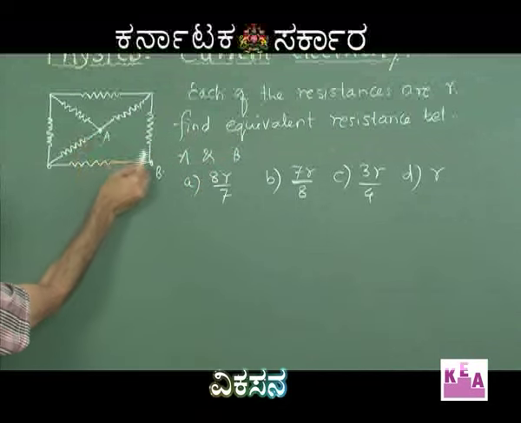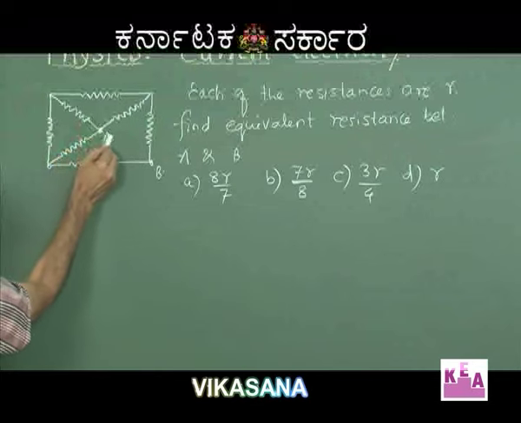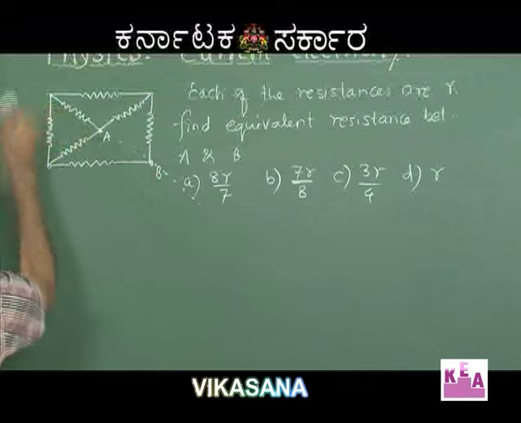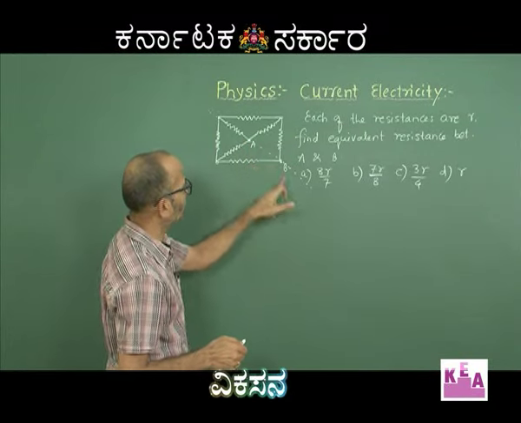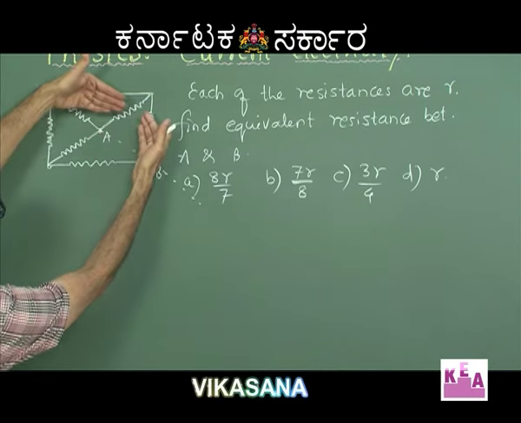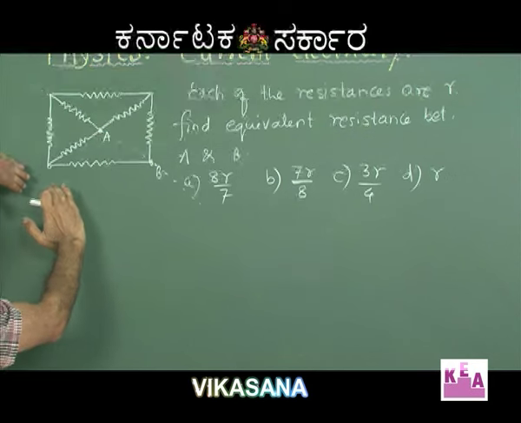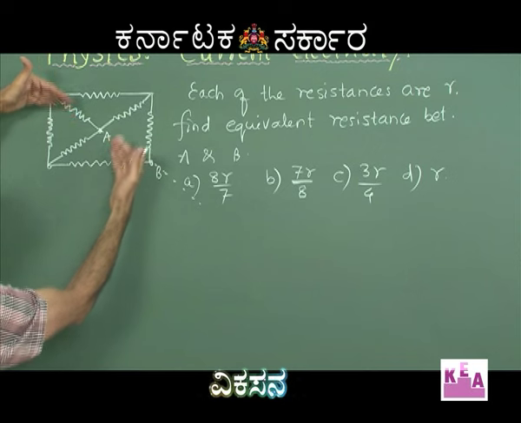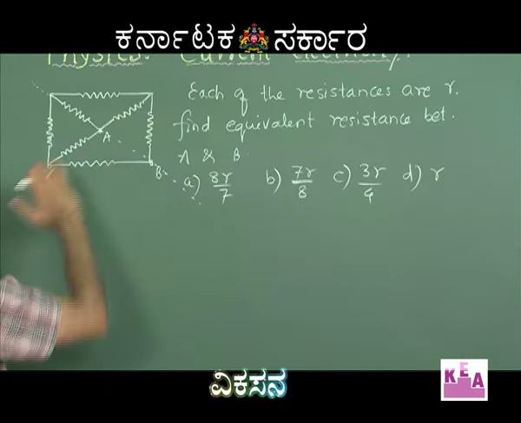Okay, so here each of the resistances are R and you are supposed to find out the equivalent resistance between A and B, and as I said, the line joining AB itself is the line of symmetry. See, AB is not a connected line, but we can always imagine one line. So, AB is the line of symmetry which has simply divided the network into 2 equal parts, because whatever you see on that side is what you see on this side also. So, now I will redraw the circuit having folded this.